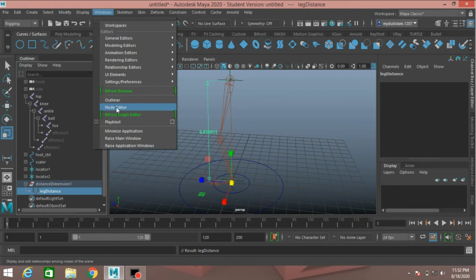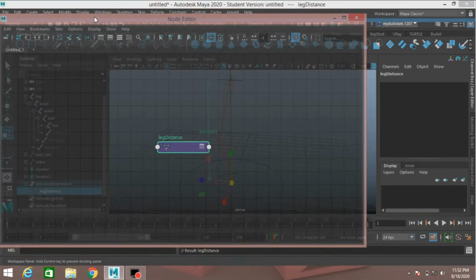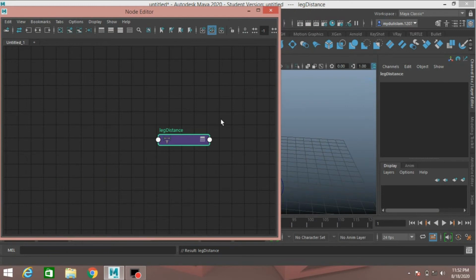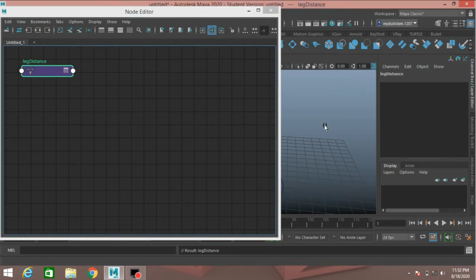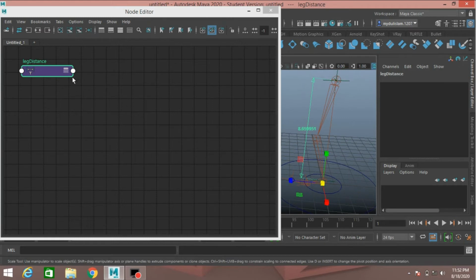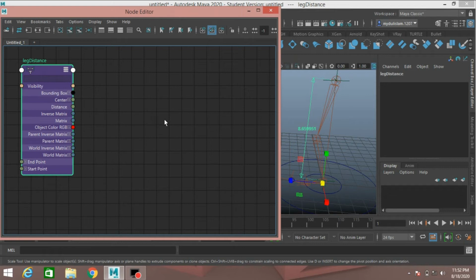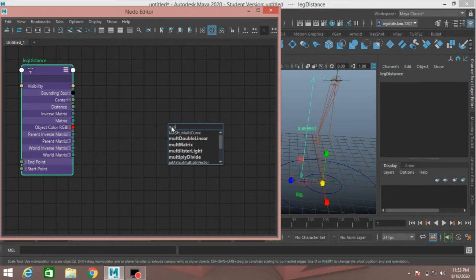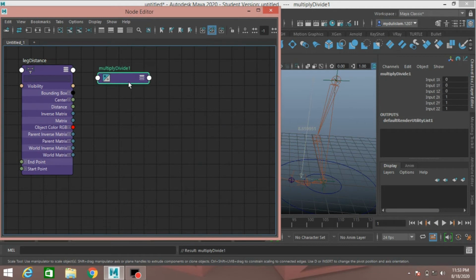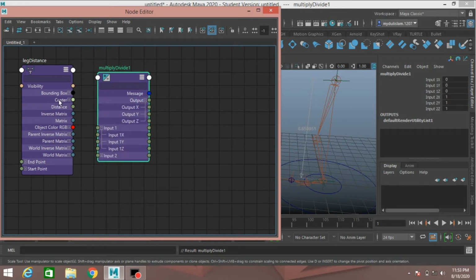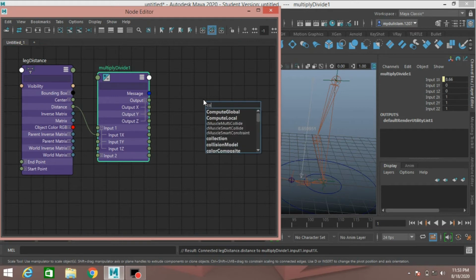Go to Windows, node editor, press tab key, take a multiply and divide node, connect the distance to input 1x, press tab key, take a condition node,